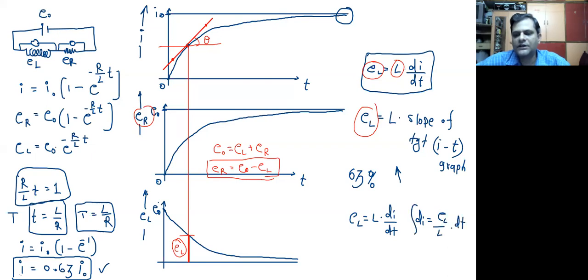And if we just integrate on both sides, then we can get this current to be simply equal to integration of 1 upon L, which is constant, out, and integration of this EL into dt. अभी यहाँ पे हमको ये समझना है कि what does this integral mean. इंटीग्रल का मतलब होता है एरिया अंडर द कर्व, करेक्ट है. सो इफ यू जस्ट फोकस ऑन दिस इंटीग्रल दैट इज एरिया अंडर द कर्व,